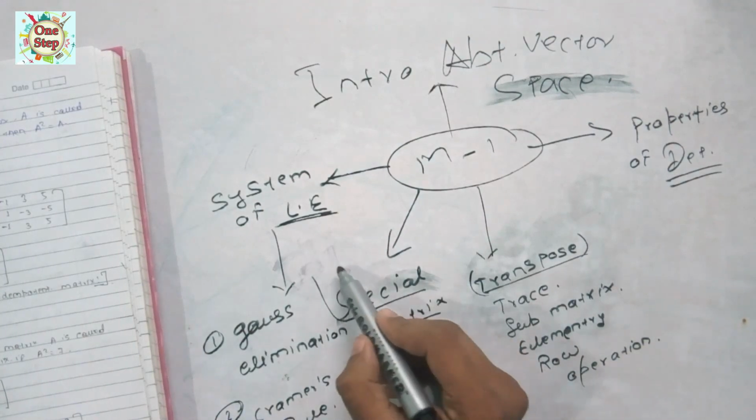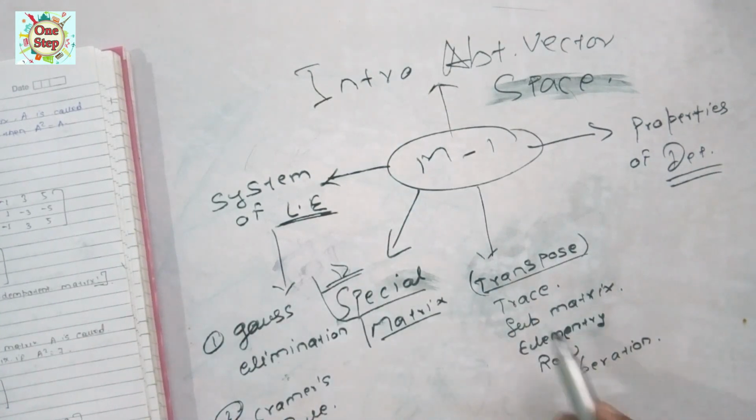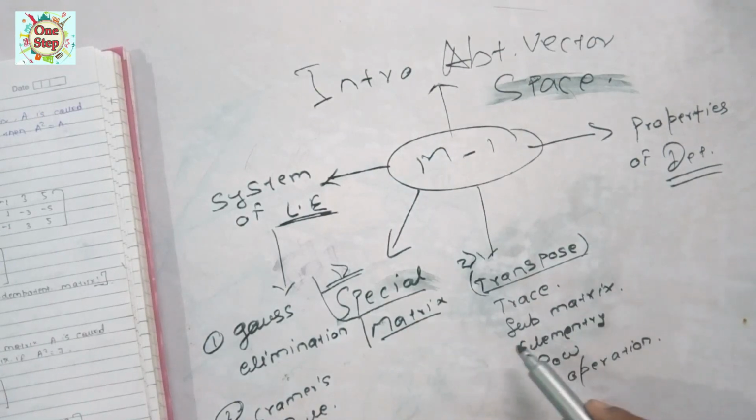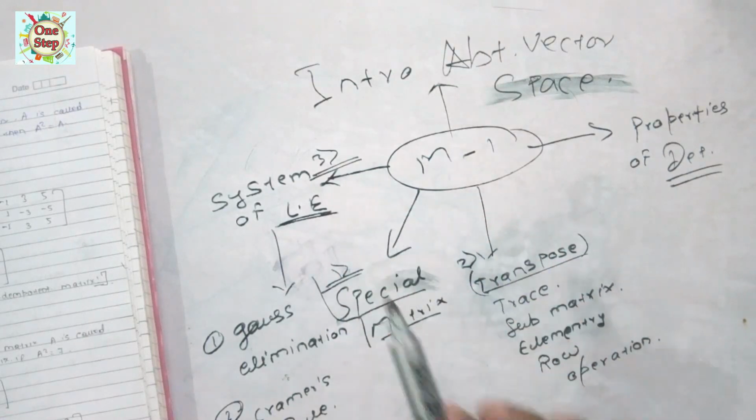Now my first topic will be special matrix, and the second topic will be transpose of matrix, trace of matrix, submatrix, elementary transformation and operations on it. Okay. Now, moving further, we are going to discuss what a system of linear equations is, what the various types of systems of linear equations are, and how they are going to be solved. So our third topic will be this one, and after that,